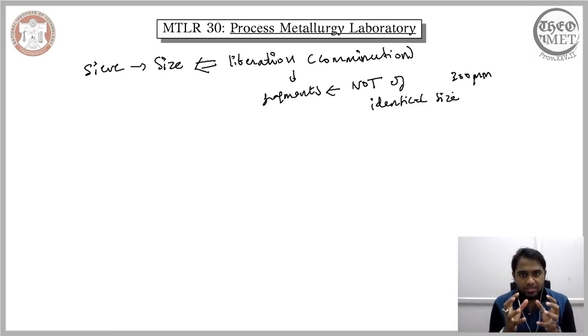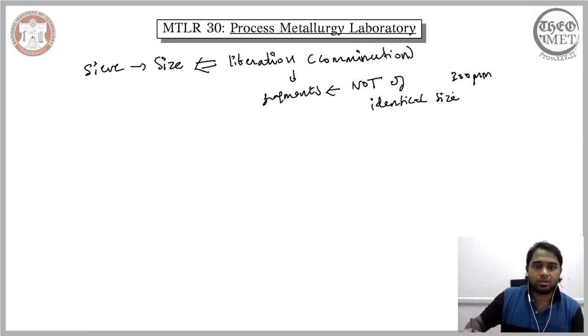Now, when you consider the feed that you provide for sieve analysis, very rarely they are of circular size. So when we consider the sieve analysis, essentially we saw that it is nothing but the size analysis. Now when you say the size of a given fragment, the fragments are rarely circular. So often the fragments are of irregular shape.